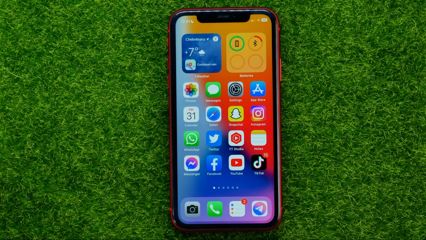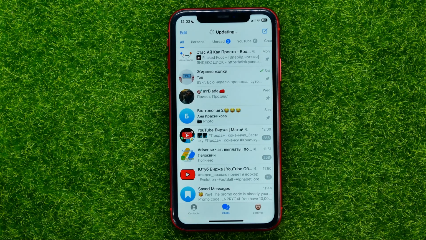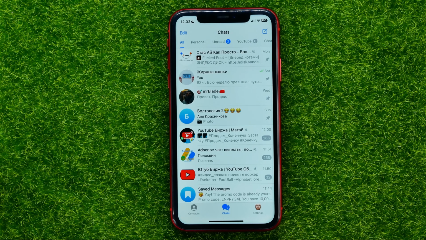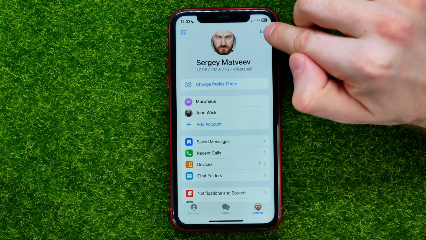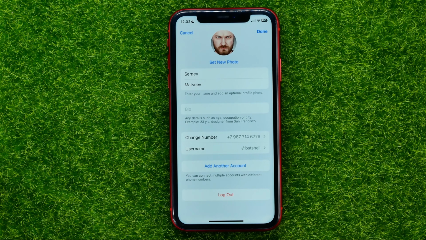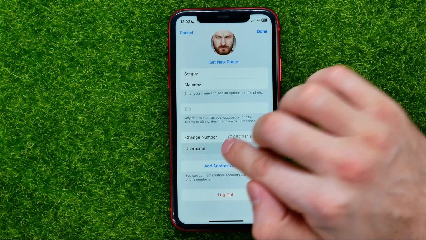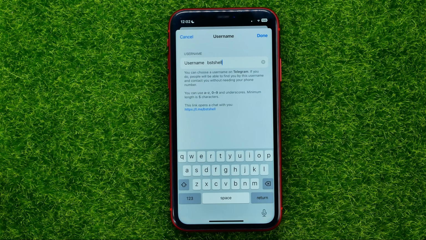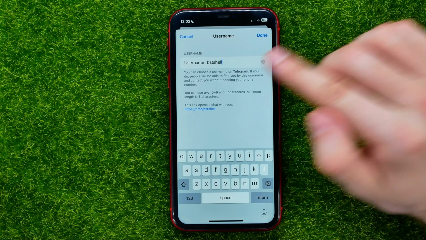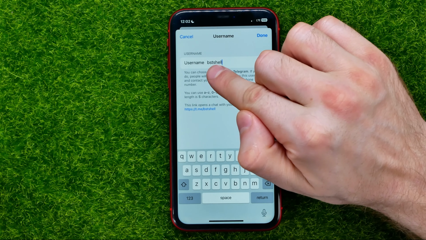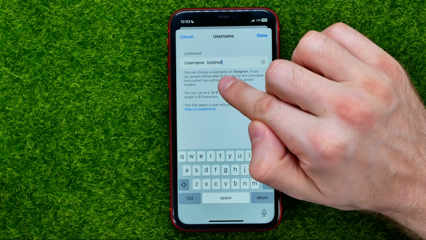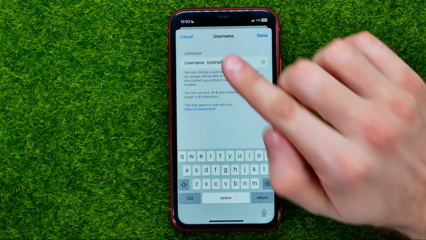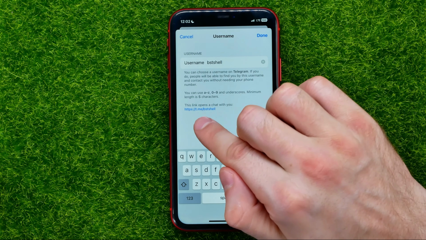So let's begin, and first off, open up Telegram app. Then head over to settings and then right here tap on edit. Then hit add username, and first of all make sure that you have set your username. If that field is empty, just come up with the username, and after that you will be able to hit